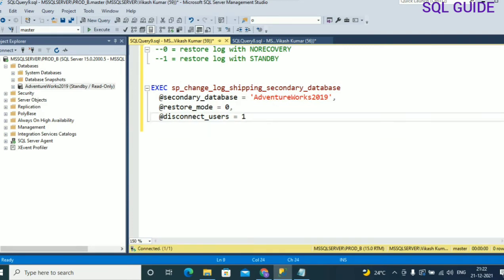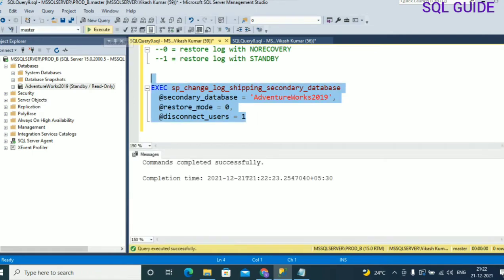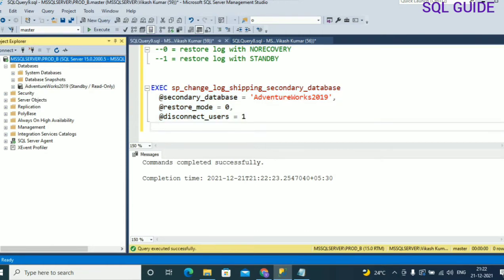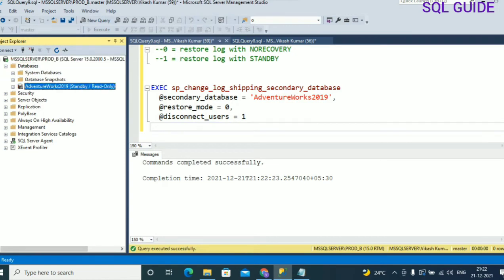Let's run it and see how it works. You can see the command executed successfully. Refresh the prod_b log shipping secondary instance. You can see the database status is still standby read only.